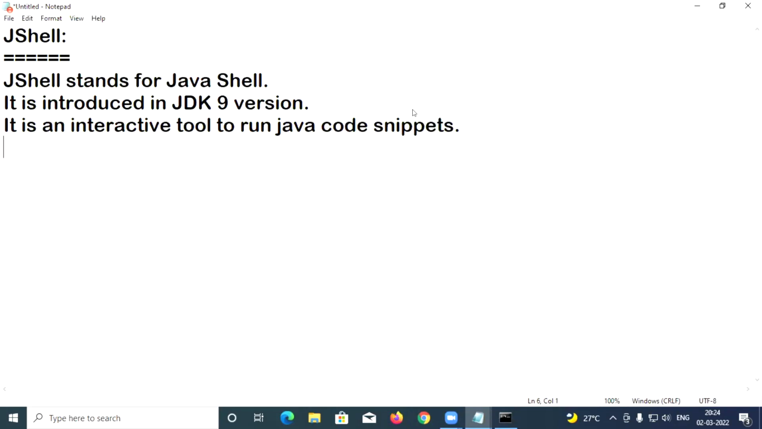See, what is JShell? JShell is nothing but Java shell. It is introduced in JDK 9 version. So Java 9, it came. It is an interactive tool to run Java code snippets. So it is only for executing logical code snippets and for learning Java, but it is not suitable to develop applications. I'll explain. It is also called as